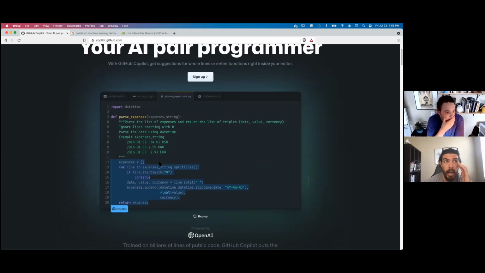Maybe I want to find out, how do I see if a string is an anagram? I don't know, some weird example, right? Sure. So instead of looking on Stack Overflow, copy and pasting, playing with this, because I think it pulls from Stack Overflow and GitHub public projects.